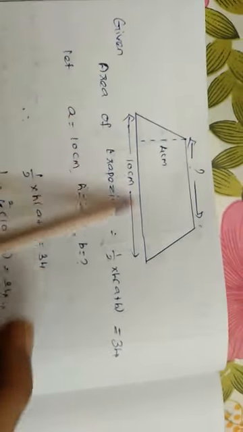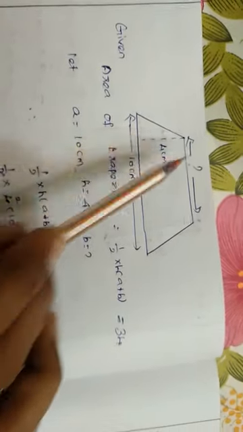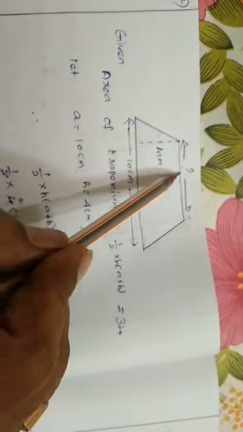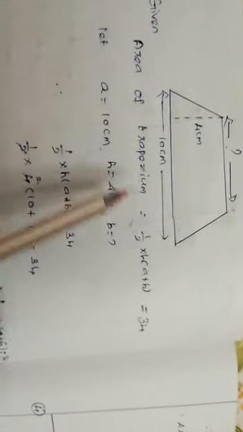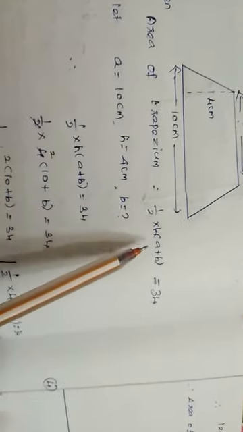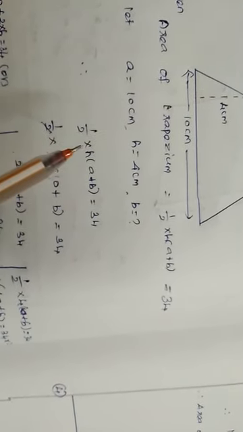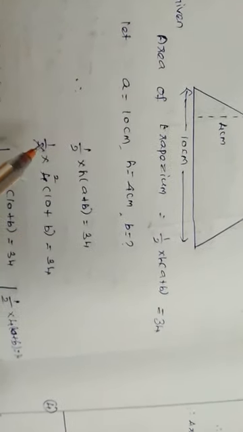The area of a trapezium is 34 centimeter squared, and length of one parallel side is 10 centimeter and height 4 centimeter. Find the length of the other parallel side. So the thing is, suppose this is your trapezium. One side is given as 10 centimeter in the parallel sides. One side is 10 centimeter, other side we need to find, but height value given and area of the trapezium also given. So given area of the trapezium is 34, that is 1 by 2 into h into a plus b equal to 34. A value of 10 centimeter, like that you can use, and h value 4 centimeter.